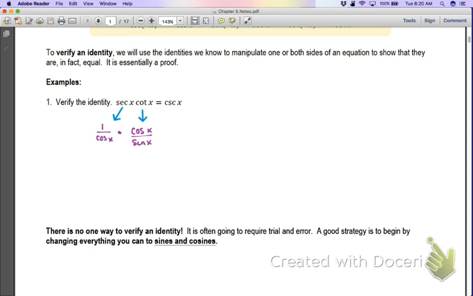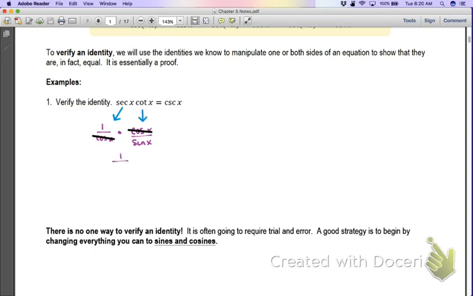Again, it's just two fractions is all I'm really working with. Do I have a numerator and a denominator that can cancel each other out? One on top, one on bottom. What's going to cancel? The cosines. So the cosine here and the cosine there are going to cancel, which is really just going to turn everything on that left side